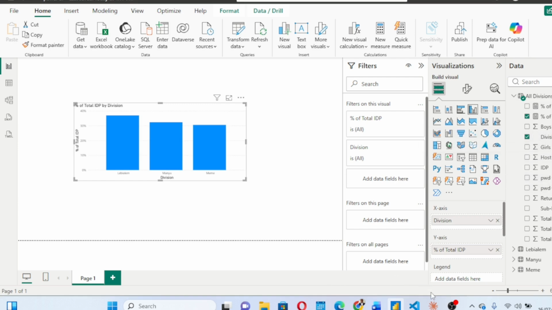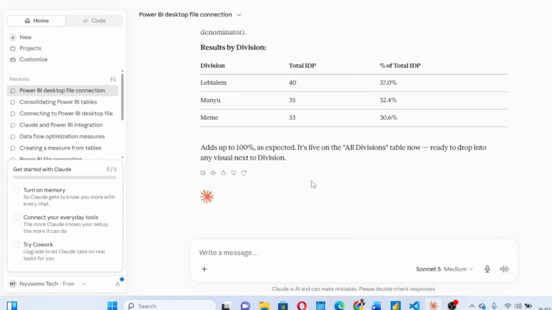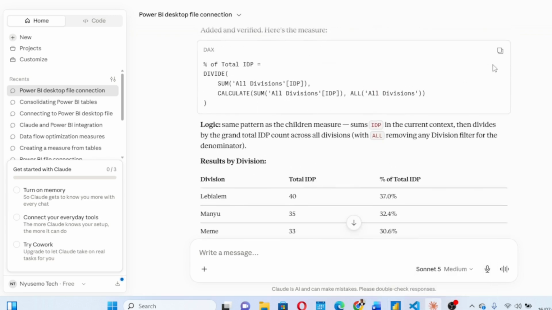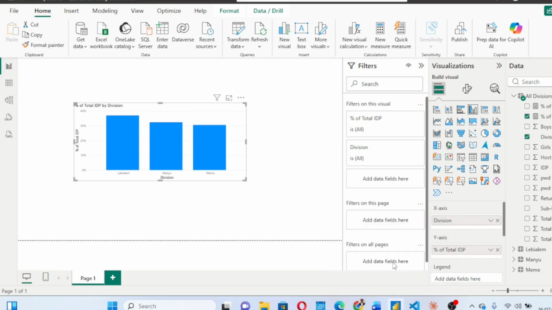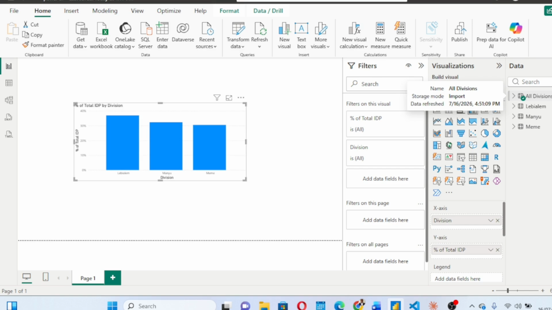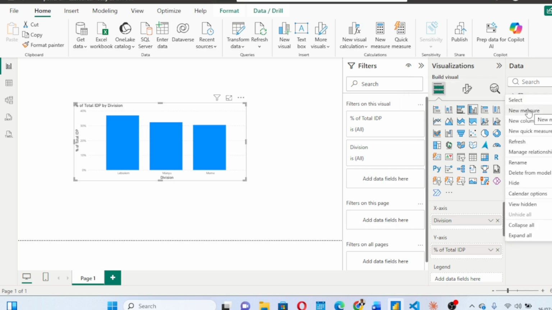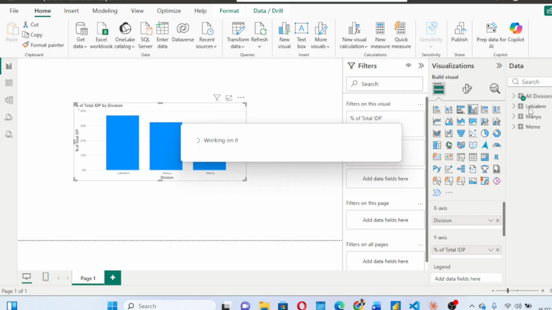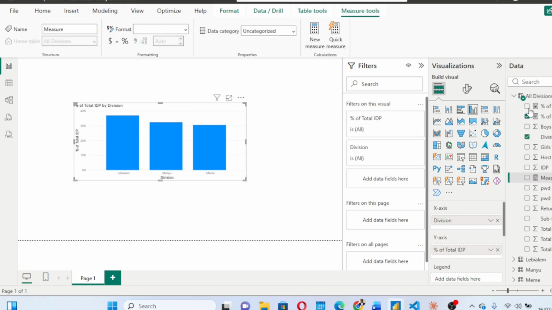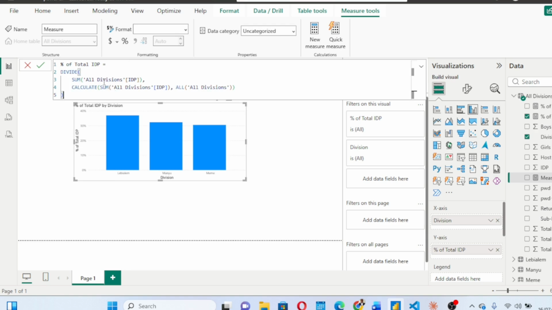And then also, if you look at our Claude AI here, there's a whole lot. There's another way I can do this. I can copy this DAX formula and then come here to my Power BI, go to the table view and click new measure. Once I click my new measure, all I need to do is paste, Control V, this formula that I just copied from my Claude AI. And once I do this, it shows that it is well, and then I click